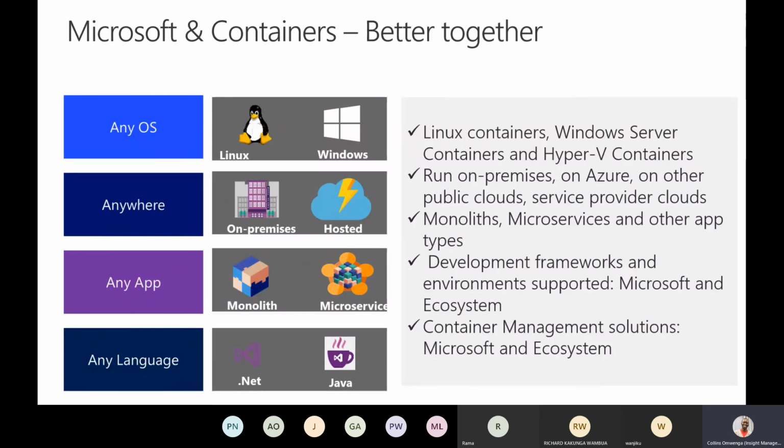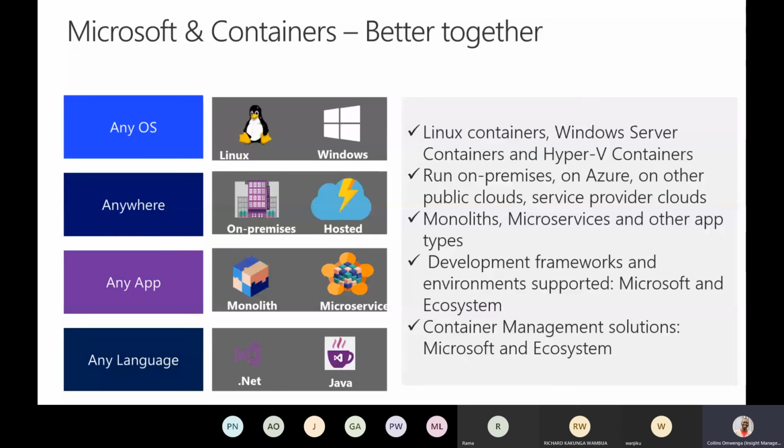Let's look at what Microsoft containers look like. We have the options of Linux containers, Windows Server containers, or Hyper-V containers, and you can run them on-premises, in Azure, or in another public cloud, and integrate with other applications. Container management solutions are available from Microsoft, and also from the external ecosystem, like Kubernetes and Docker.